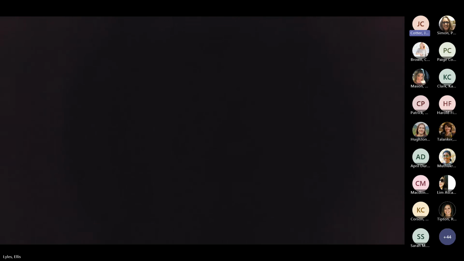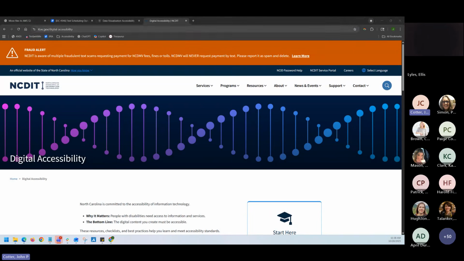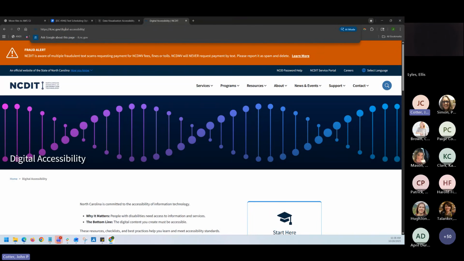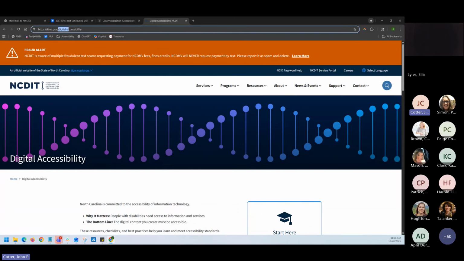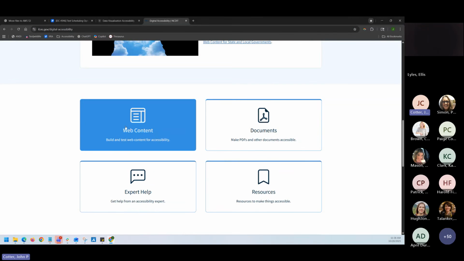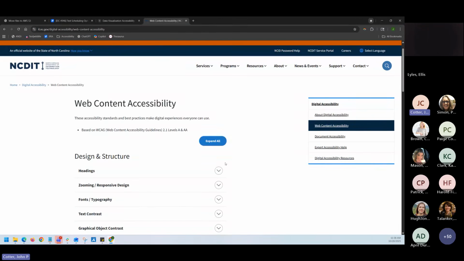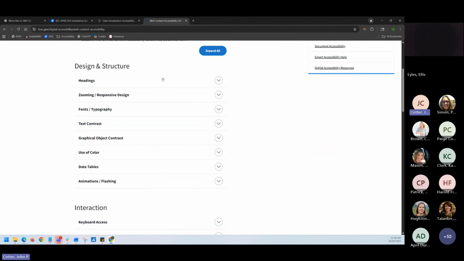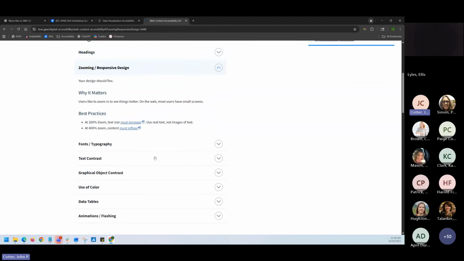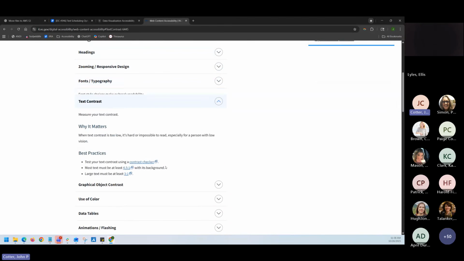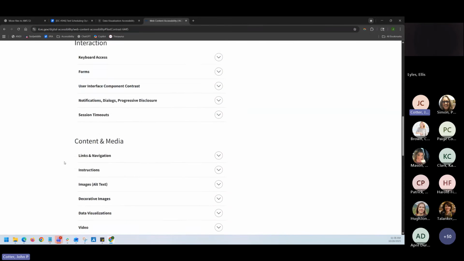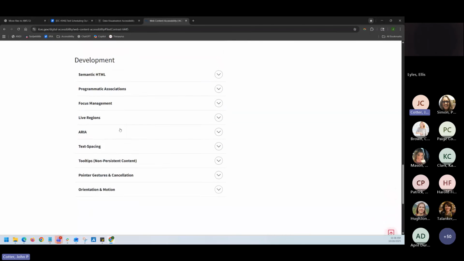Check that out. Definitely turn your attention to it, or I'll share my screen. It.nc.gov/ if you just go to accessibility, it'll redirect you there. But I would say definitely draw your attention to this web content area. If you're into web content, there's a lot of good information here, and it's an easy read to help you understand all these WCAG requirements. Even gets into some development guidance,